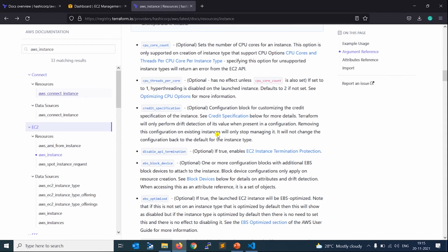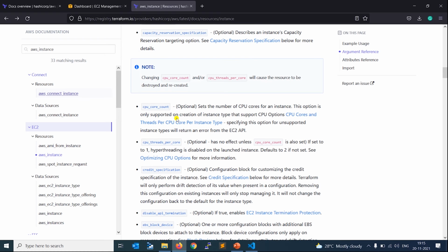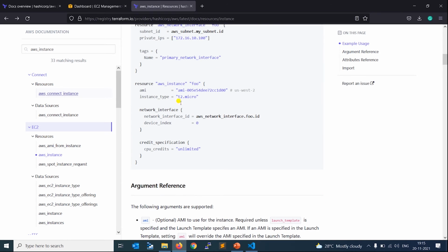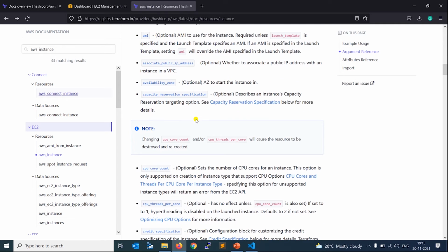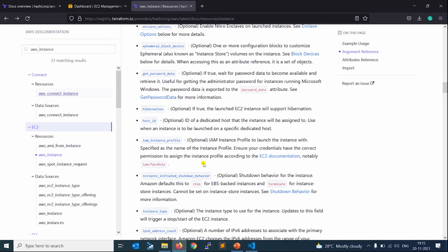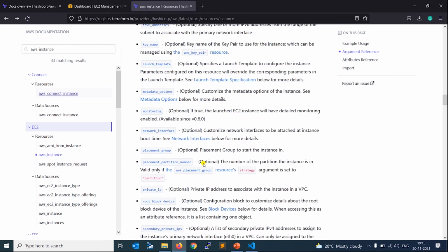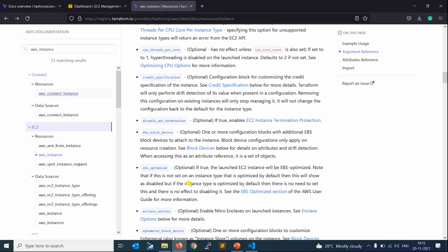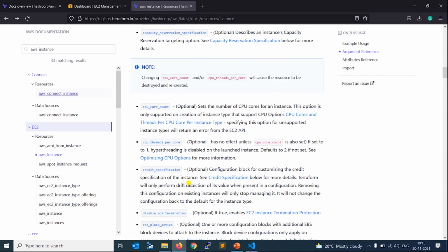If you refer to the basic documentation, it says which arguments are optional and which are required. AMI is optional, availability zone is optional. So we need not provide all the values for the aws_instance creation. We just need to provide what is basically needed. Those are the only parts we are going to use now. You can refer to this documentation for a detailed explanation. Most of the things come under optional. Once the instance is created, Terraform will provide that information.